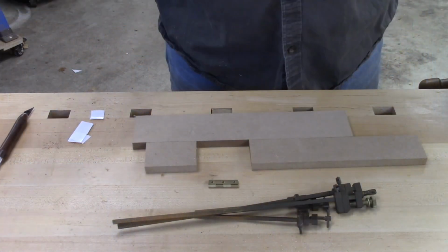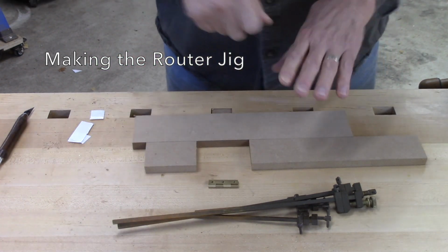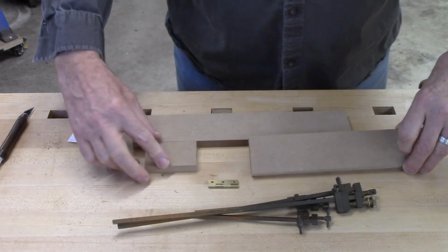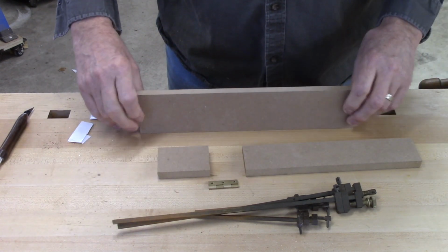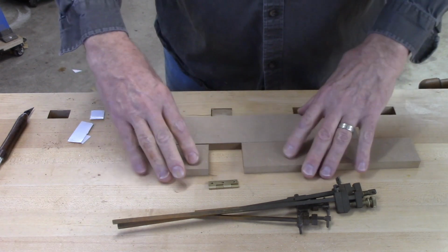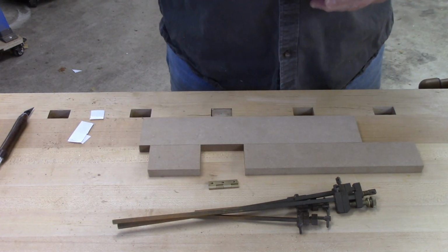I want to show you how to make a little fixture for doing this with the router and a jig as opposed to just doing it by hand. So this is about 2-inch wide, 1/2 inch thick MDF. Wood would work as well, but anyways, this stuff is just MDF. It's what I like to use. All right, and how I'm going to start this out, take a piece of tape,